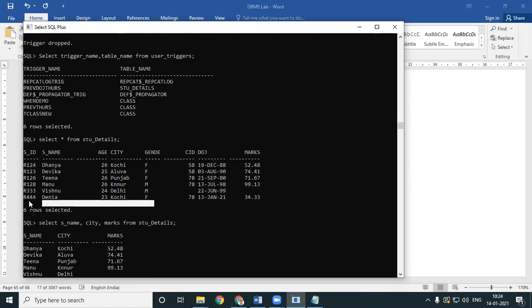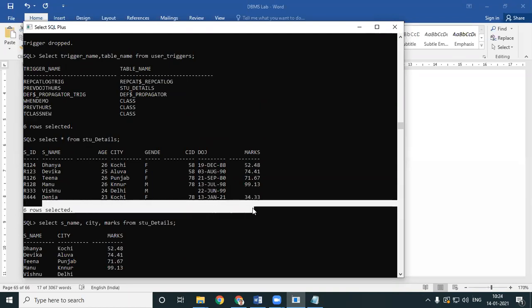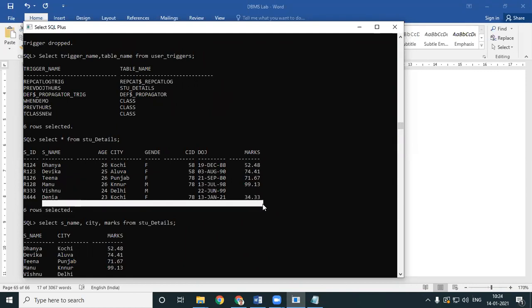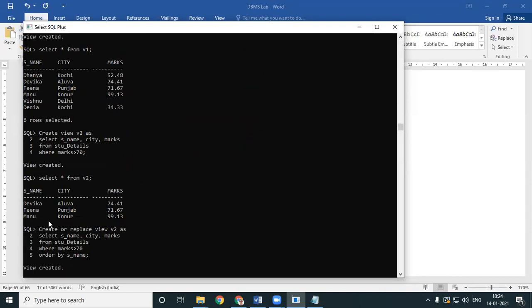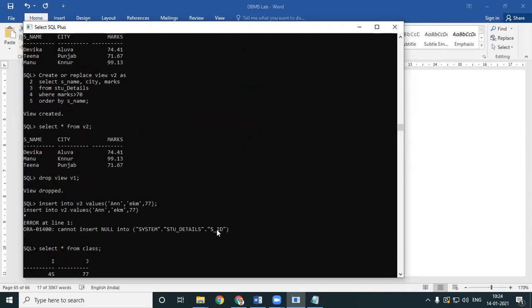Without inserting a value in your SID, you are trying to insert values, which the table will not allow, because primary key is a compulsory key. It should have been there, but you are trying to insert things without an SID. So very simple, you will not be able to insert.